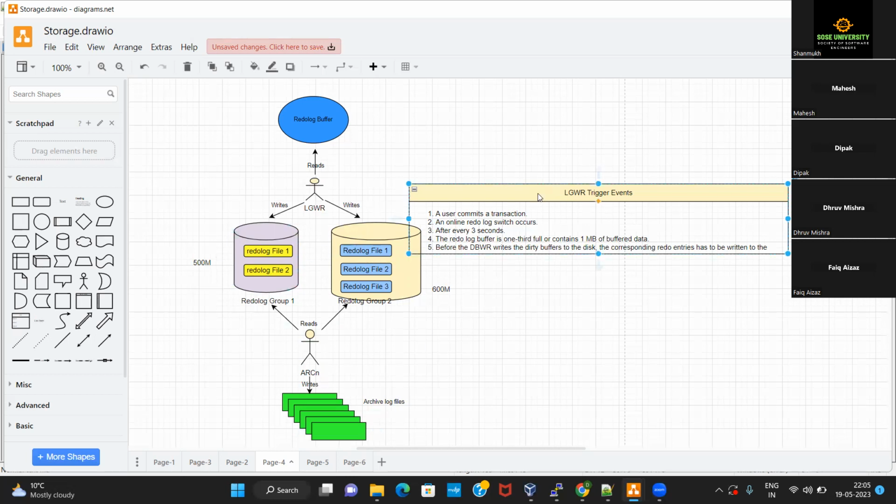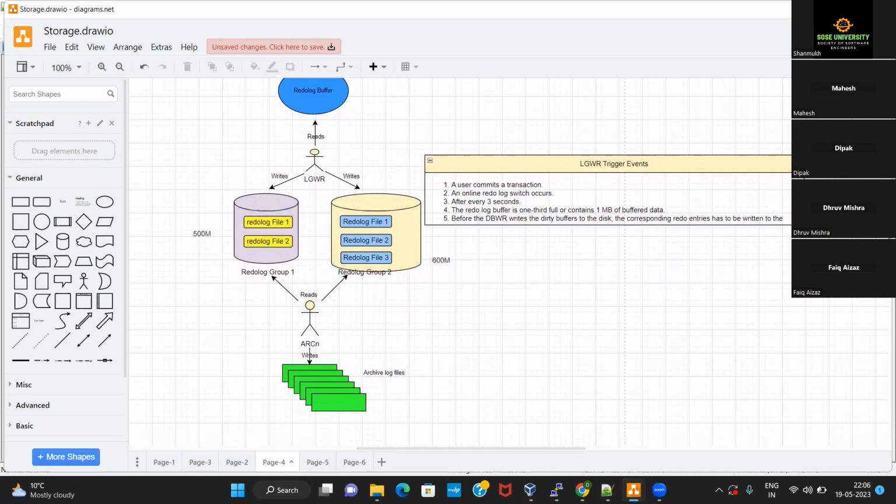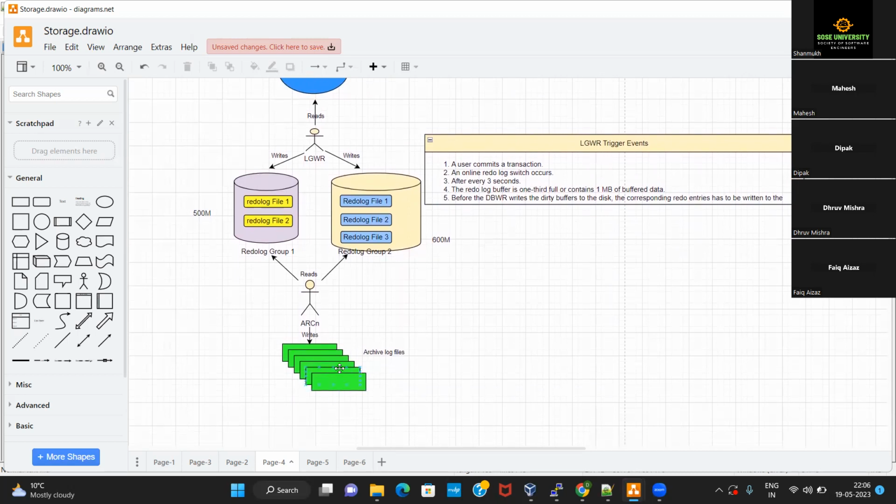What size of archive log files, sir? Sorry? Size of what? Archive log file size. Yeah, so we don't provide any size for the archive log files, okay? Those archive log files are automatically going to be created by the archiver process. We are not much bothered about the size of those archive log files. But these will mostly be around whatever size you have specified for the redo log files.